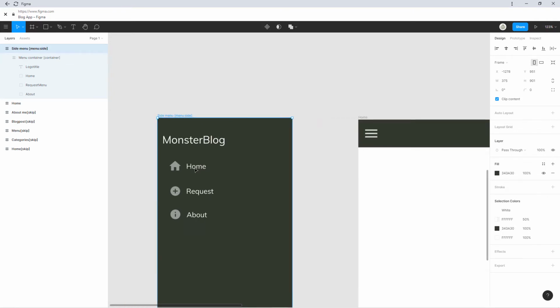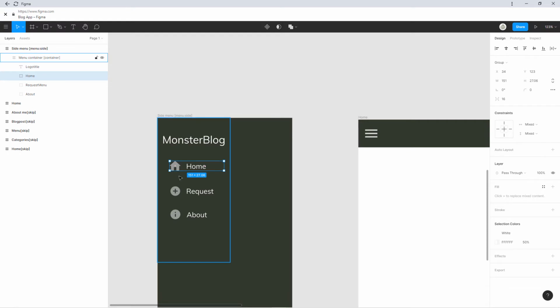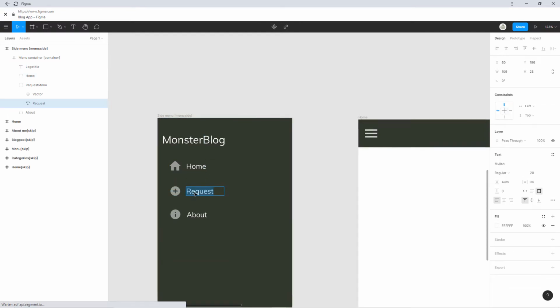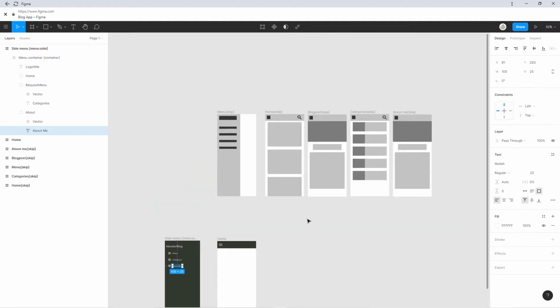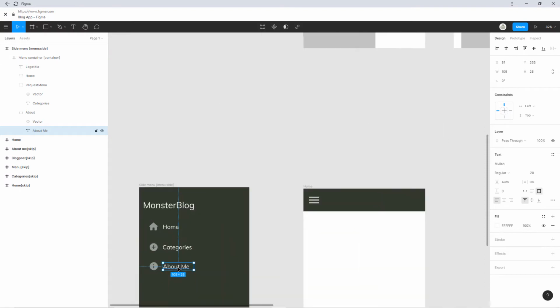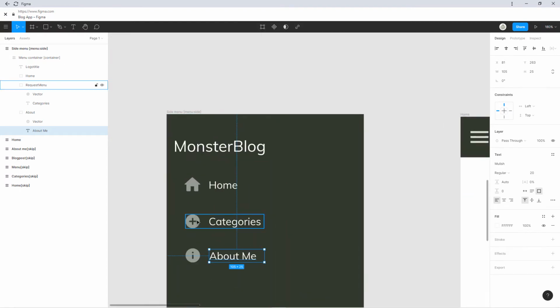Okay, so we're going to have the home here. I'm just going to leave it like that. We could change the icon or anything. We can add things, but I'm not going to do request here. But instead we're going to have categories and, yes, about me. These are the types we have here. So home would be our blog list, the about me section is this one here, and the categories will be linked here. About me, this icon fits, but I need another one for the categories,